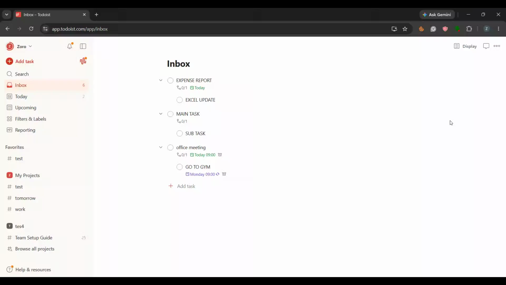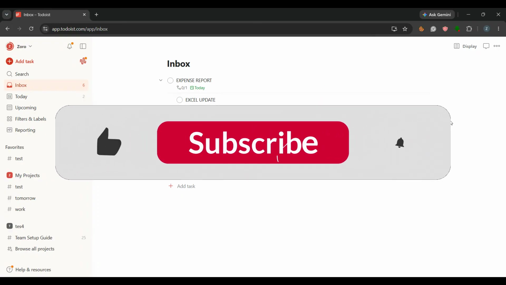If your Todoist sidebar feels cluttered and you want a cleaner way to see everything you own in one place, this video is going to help a lot. Today I'm showing you how to view all sub-projects in Todoist side by side, so you can quickly understand which projects are parent projects and which ones are nested underneath them. This is a simple trick, but it can make your workspace much easier to manage, especially if you have a